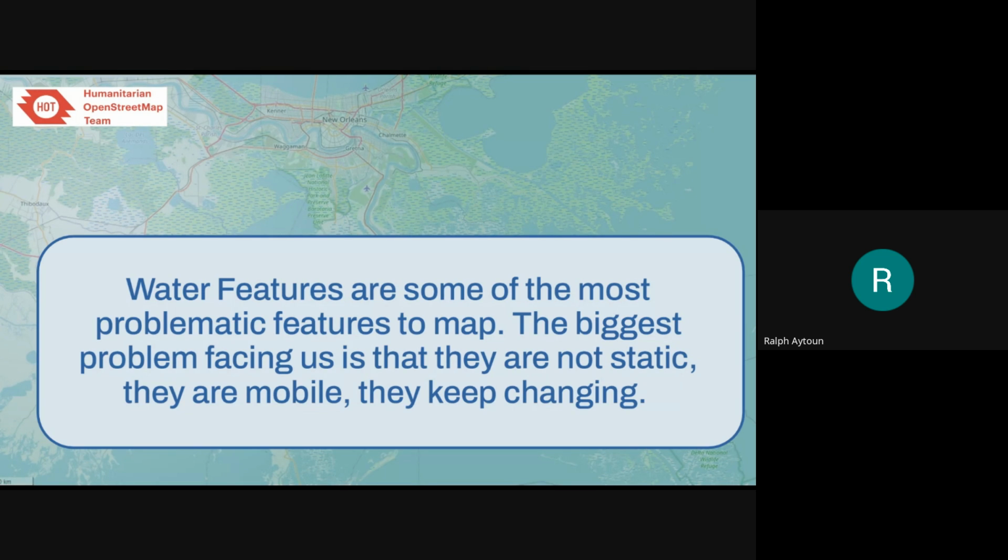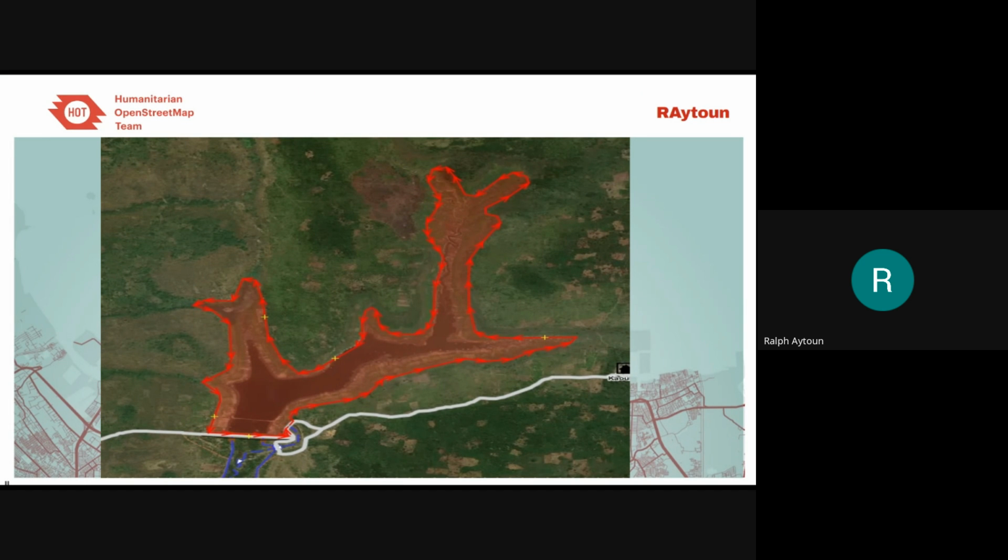The next thing, of course, is to understand that imagery can be in different seasons. It can be in dry season. It can be in a wet season. So when we come across a dam or a lake or something that's drawn that is much bigger than the actual water that you can see here, please don't change that all the way down to just what the water you see. You have to bear in mind that when you draw these, you have to put it at the high water level and not at the low water level.